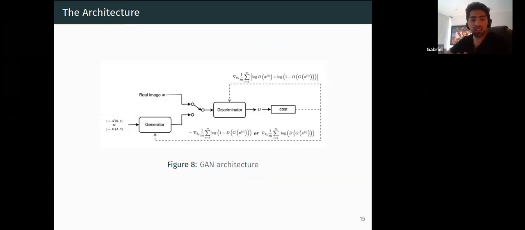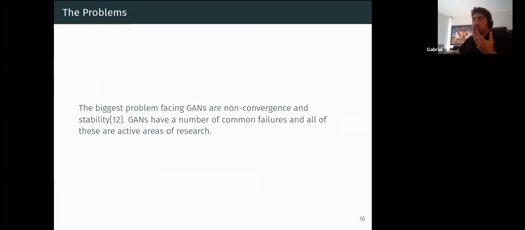So this is a diagram that works a lot for me. We have the images provided by the generator. We have real images that come from our original database, and we pass them both to the discriminator. And the discriminator classifies them as real or fake. And then with that, we calculate our cost function that we then use, through its gradient, to update the weights on the discriminator and the generator. In its initial formulation, mostly, we have many problems training GANs.